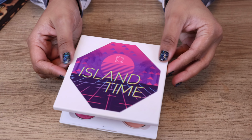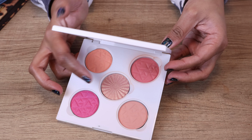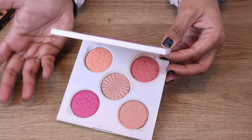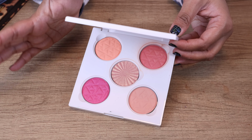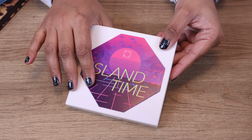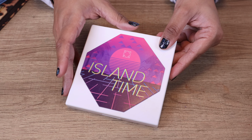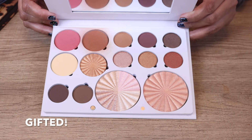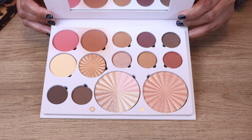I picked this Island Time palette from Ofra up pretty recently because I love this highlighter. I believe it's called Bali, and the blush shades are really pretty as well. I got this on a sale, so it was really affordable, which is what convinced me to pick it up. Not a huge fan of this packaging, but it's not the end of the world. I received a very generous PR package from Ofra this year, and they did include this Pro palette in that